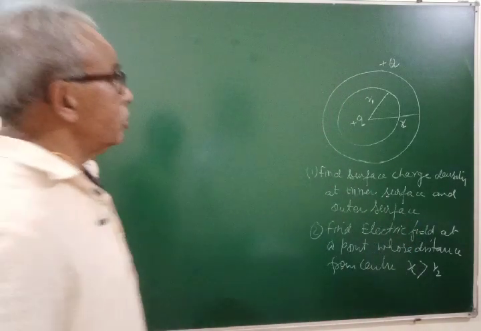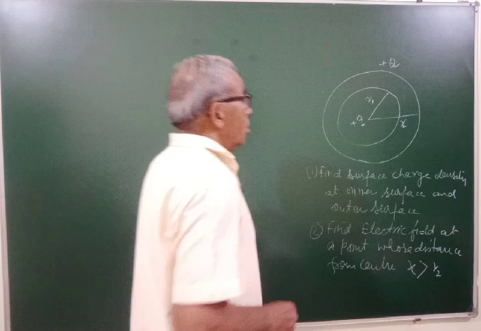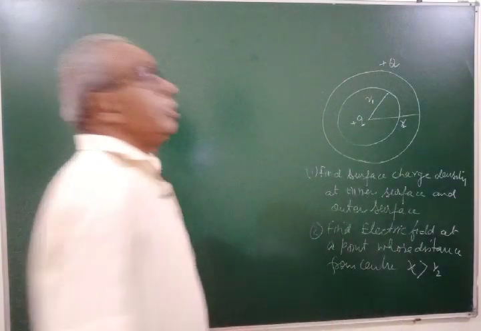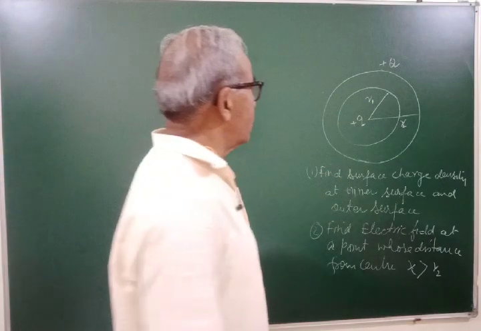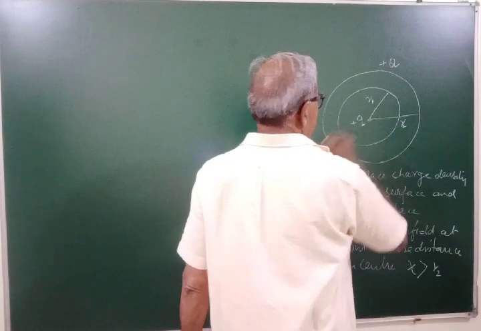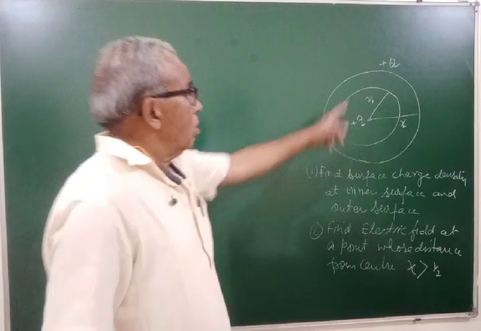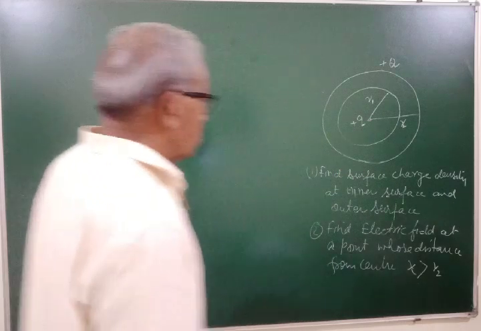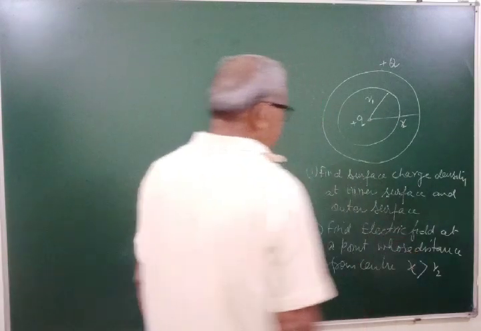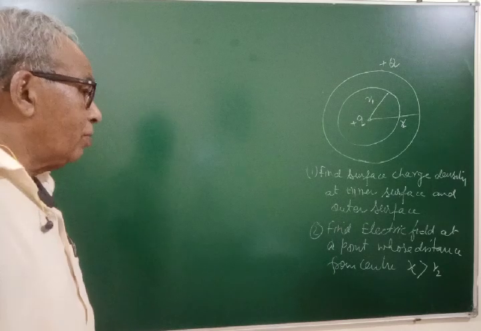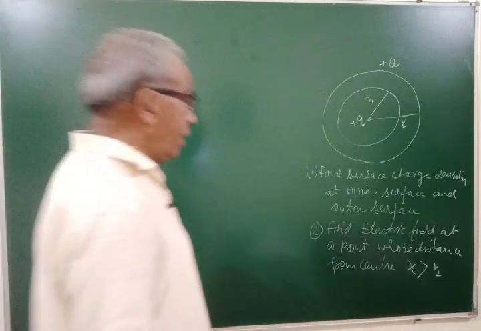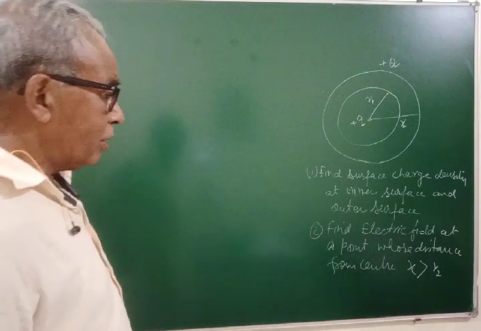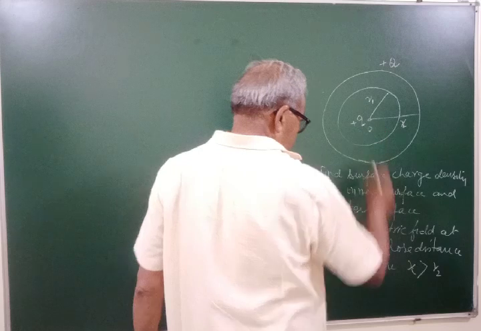Here is one question. It is a conducting shell whose inner radius is R1 and outer radius is R2. It has charge capital Q on the outer surface and a small charge q at the center. You are asked to find the surface charge densities at the inner surface and outer surface, and to find the electric field at a point whose distance from the center O